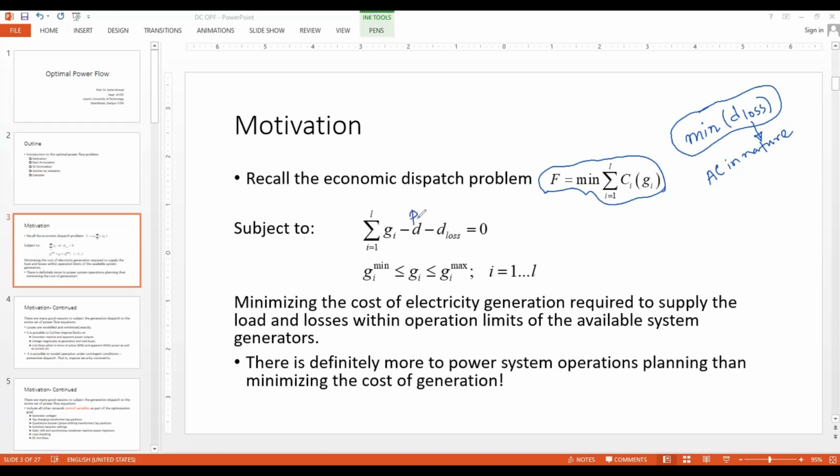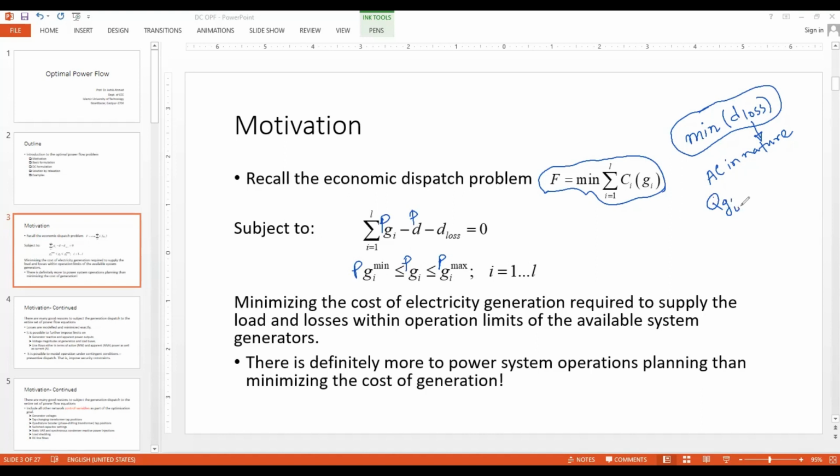This is basically PD, the P demand, and this is basically the PGIs. So these are the PGIs, the PGI max and PGI min. So what I mean, in ELD, we only focused on the real power scenarios, the real power flow, the real power generation limits, the real power demand, the real power loss, the real power flowing through the lines, etc. Other than that, we also have another counterpart for real power, and that is the reactive power. So what should we do if, let's say, we want to focus on